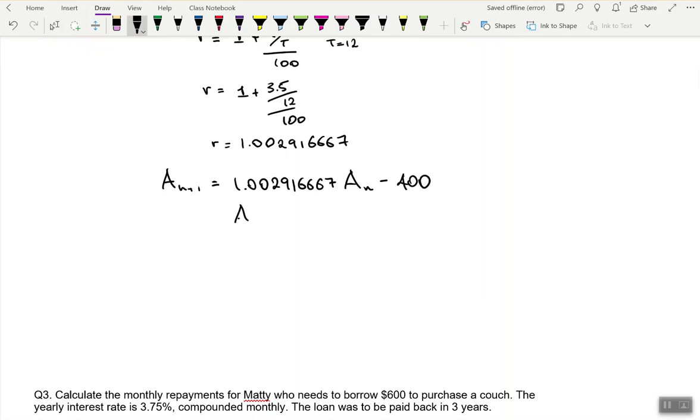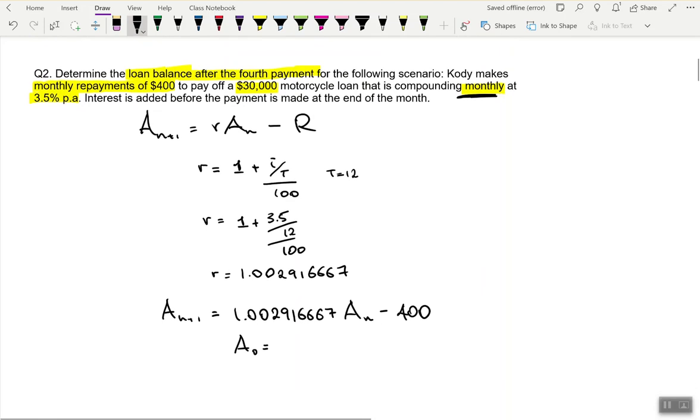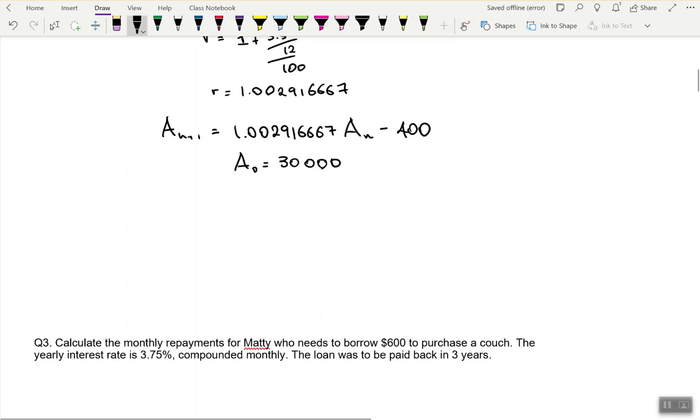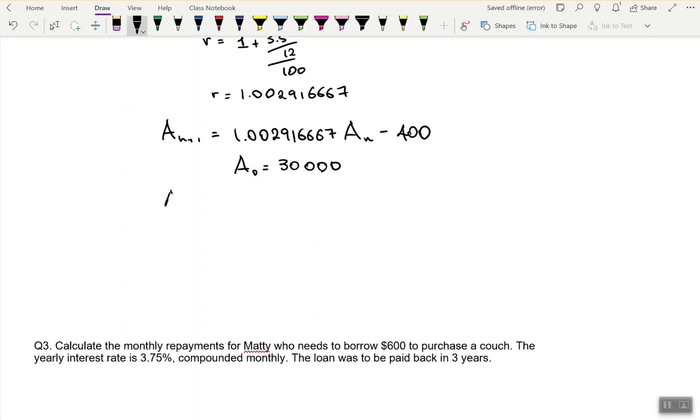And I'll always say my initial amount, which is 30,000. Now from here, I need to find A1, A2, A3, and A4, which represent the amount after every month